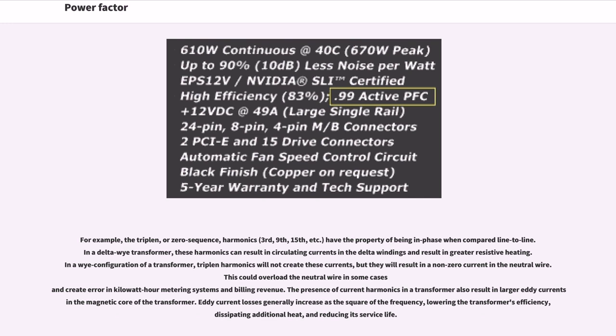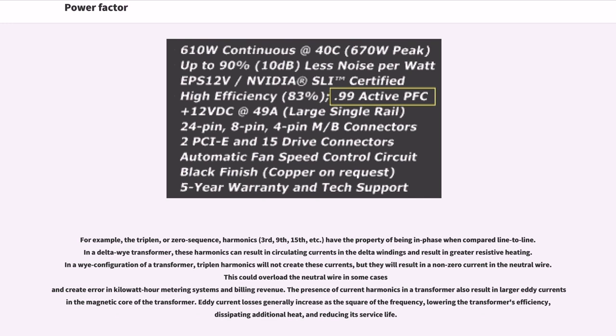This could overload the neutral wire in some cases and create error in kilowatt-hour metering systems and billing revenue. The presence of current harmonics in a transformer also results in larger eddy currents in the magnetic core of the transformer. Eddy current losses generally increase as the square of the frequency, lowering the transformer's efficiency, dissipating additional heat, and